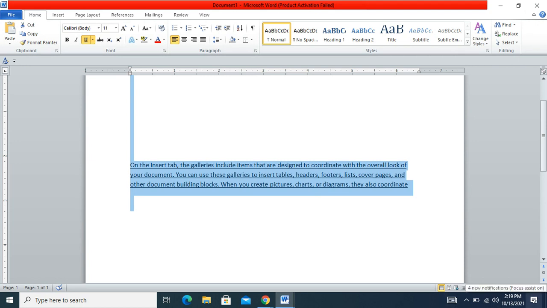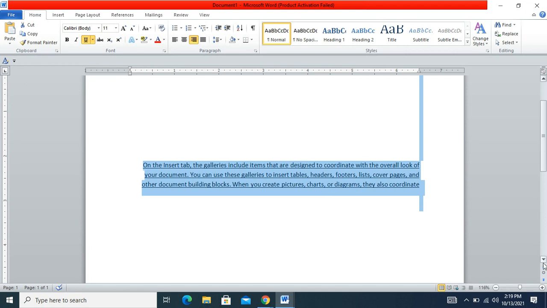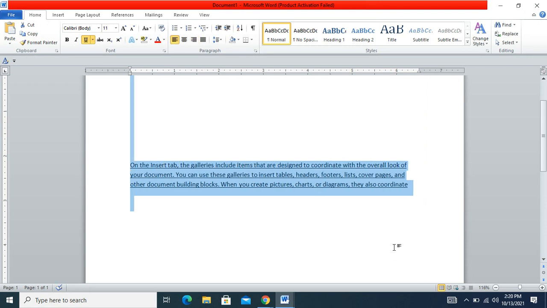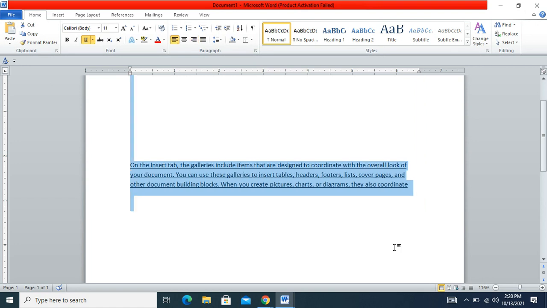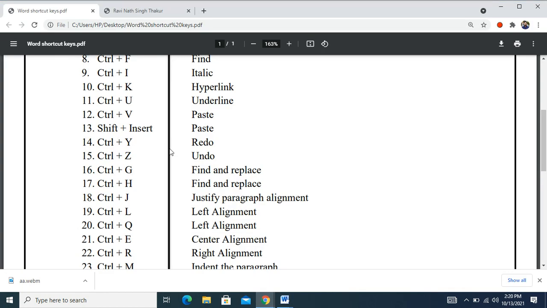So here some texts are already available, so select the text after pressing Control plus A, or press Control plus R, that is for right alignment, Control plus Q for left alignment, Control plus R for right alignment, again pressing Control plus L for left alignment. So two shortcut keys, Control L and Control Q, are both used for left alignment.